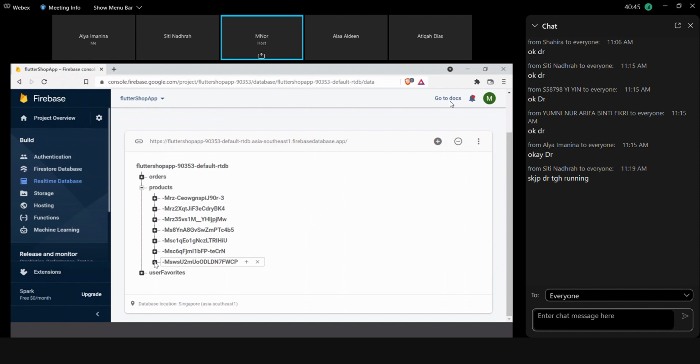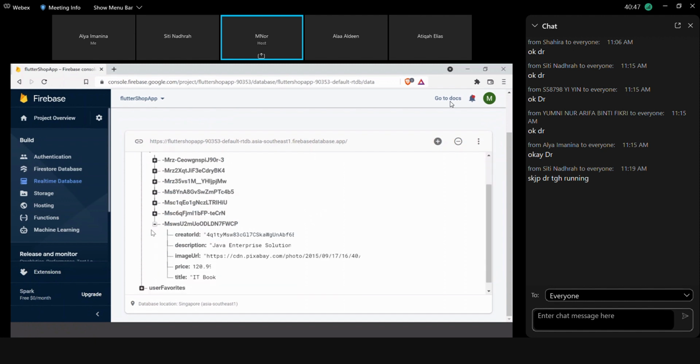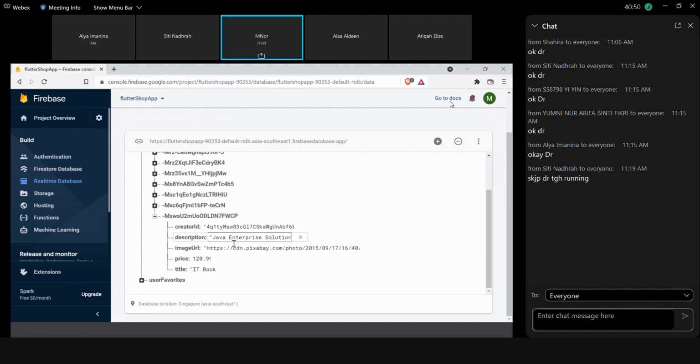Okay, you can see my product. This is the one that I created just now. You see Java Enterprise Solution. You can see it was created with the creator ID. Okay, so what I need you to do